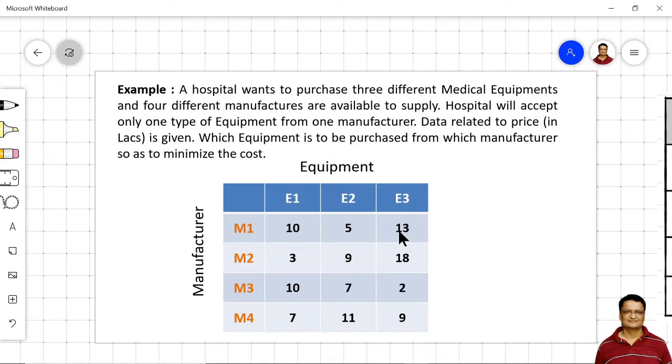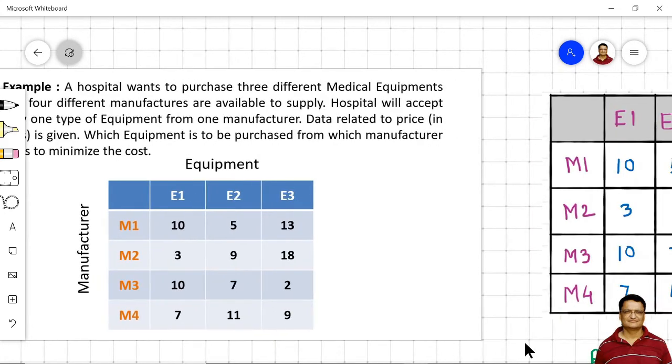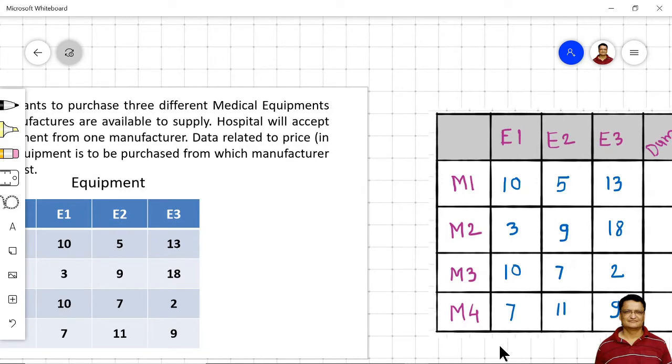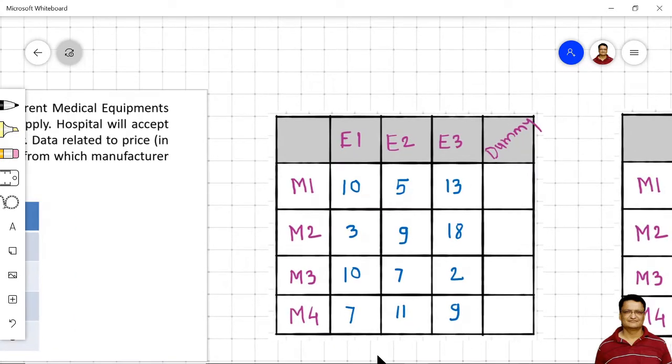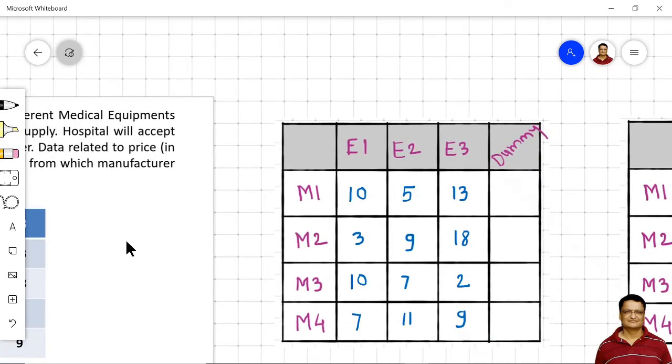And to solve this kind of problem, we have to add one dummy column, as the number of columns is less than the number of rows, so as to make it balanced. So moving to the next step. Now here I have reproduced the problem given to us.